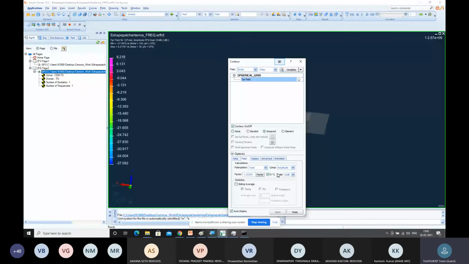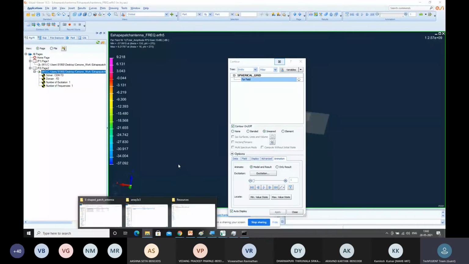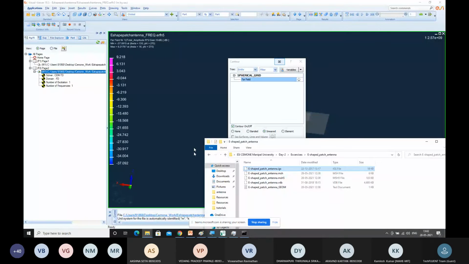We have only one excitation that we are giving for this particular file. So we are getting the results in this particular format. I'll load up the result file also once.